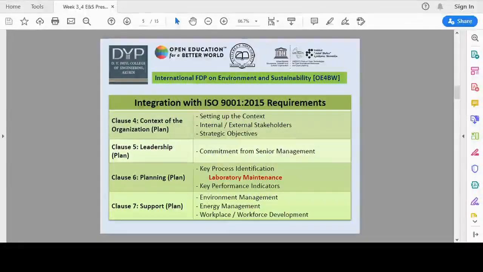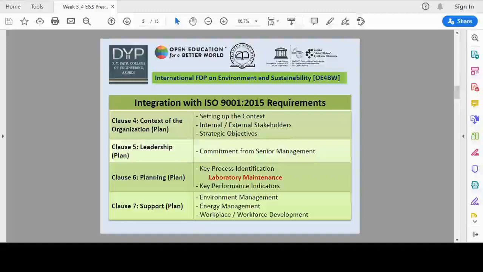Clause 6 defines the planning. In this clause, the organization has to identify key processes and the performance indicators for each process. One such key process could be the laboratory maintenance process. Clause 7 talks about the supporting process. Here, an educational institution can bring in environment management system, energy management system, workplace and workforce development to the scope